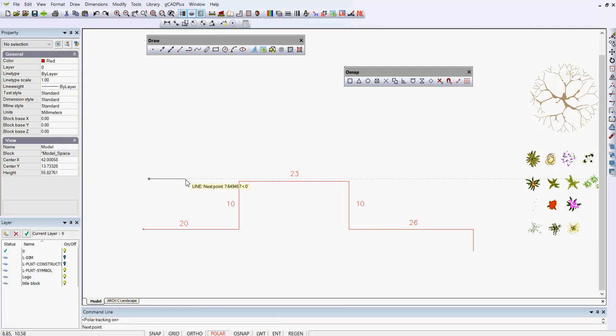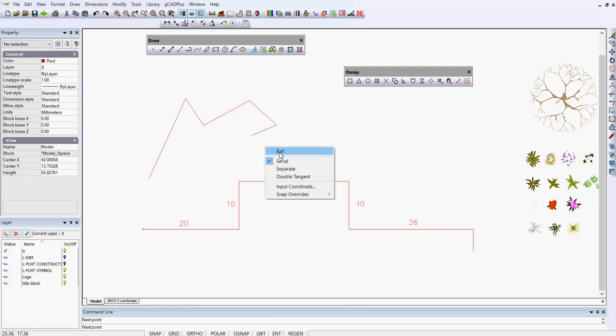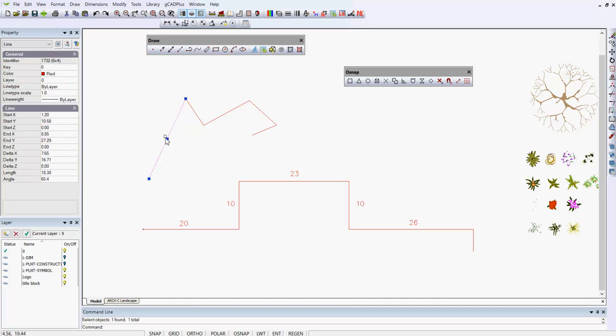So although you can draw at an angle with polar on, and I'll have more to say about that later, I just want to show you that you can draw a series of lines at any angle you like, and then right click and pick exit to finish. To remove these lines, because we don't want these, we can pick individual lines. You'll notice that in the properties box up here a plus sign. So if I click on that,